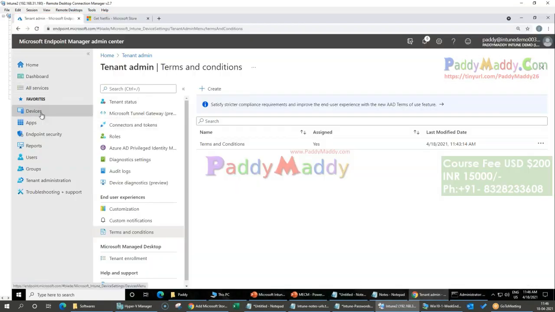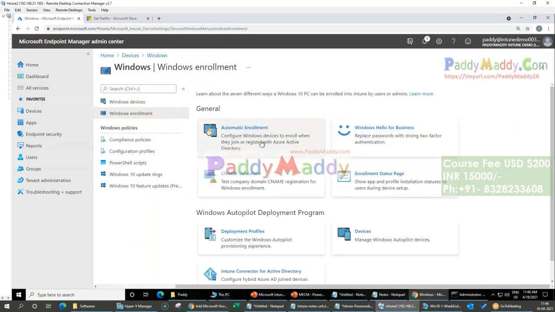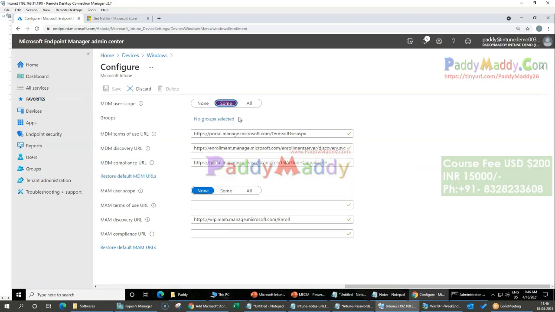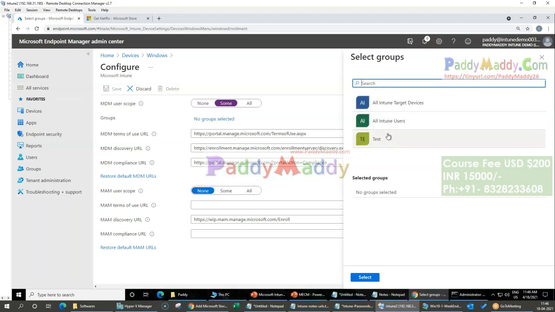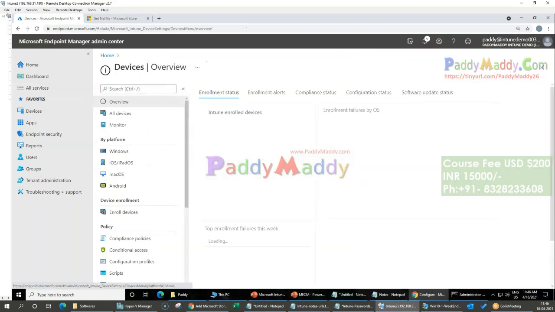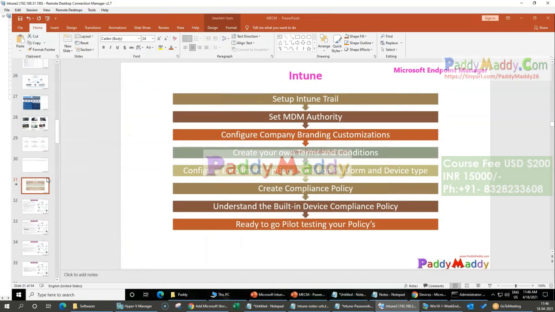Meaning, the enrollment should always be scoped, not for all users. Set it to some group when you're doing it in pilot mode. Select that specific group and test everything. Once you're okay with it, then open it for everyone. That's what I mean. Okay. Let's jump into